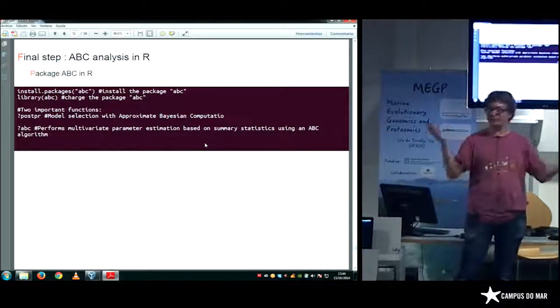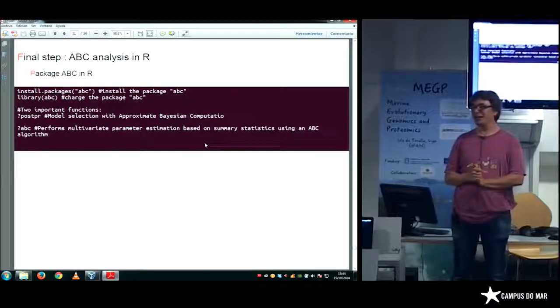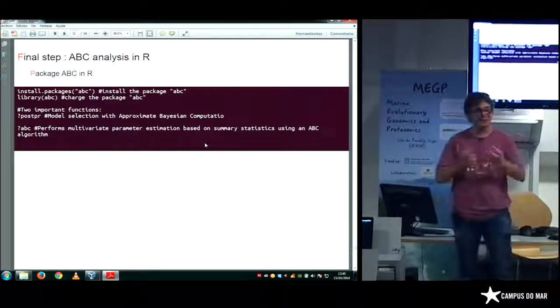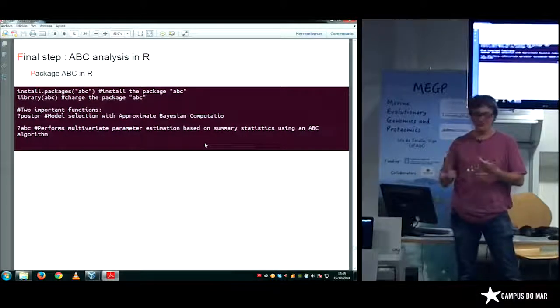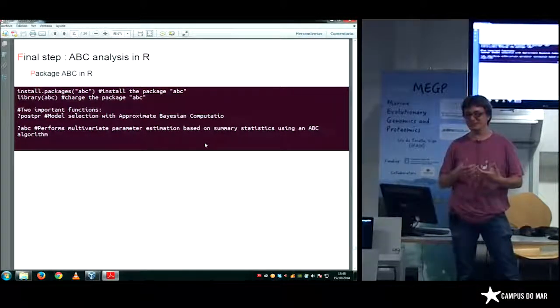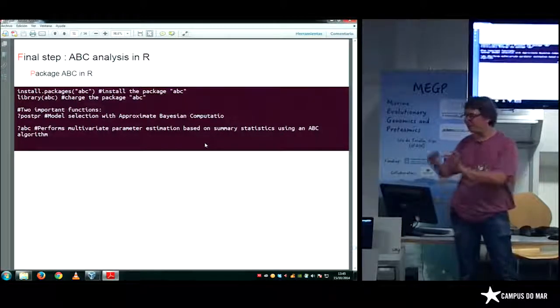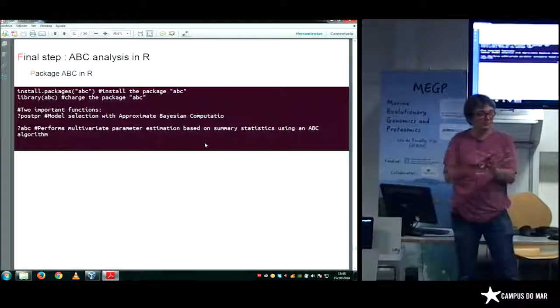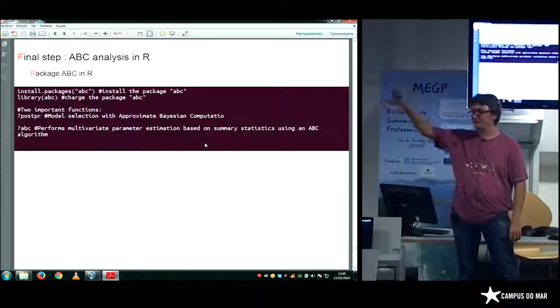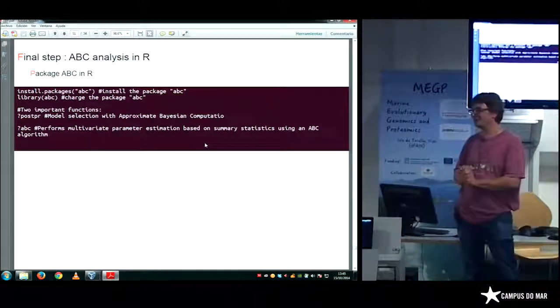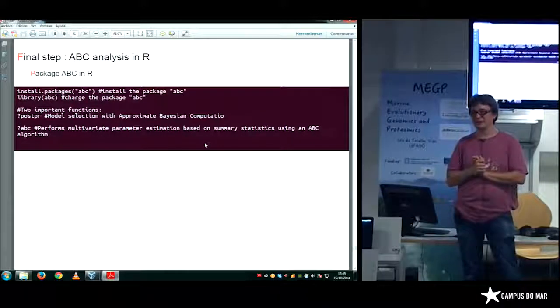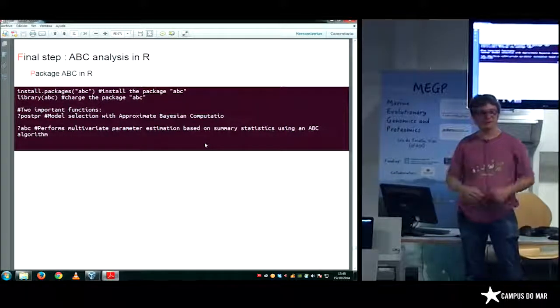And that's it. I know it's not always easy. I would not like you to be scared to use this method. You have all the command lines. You just have to type, and it should work. At least we have a few computers in this room that managed to do the analysis. So it's not that complex.